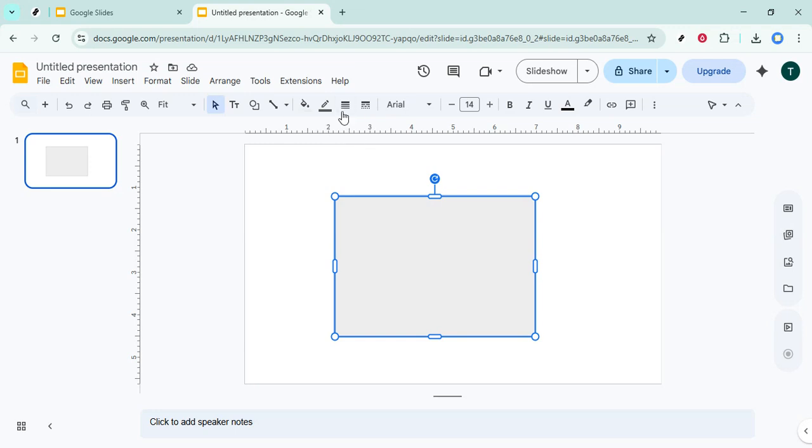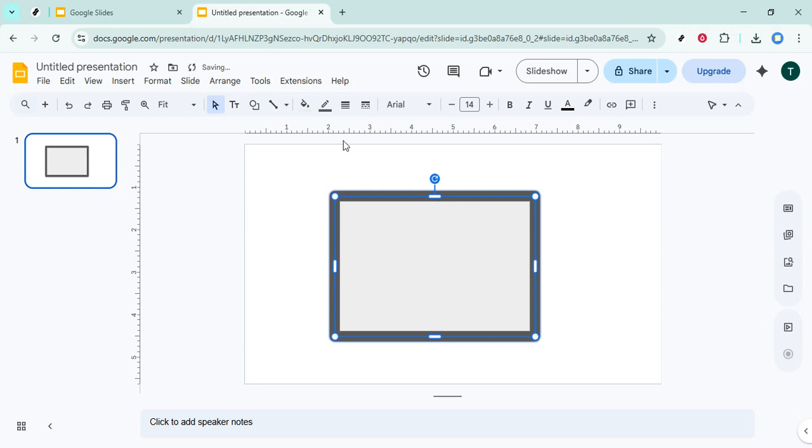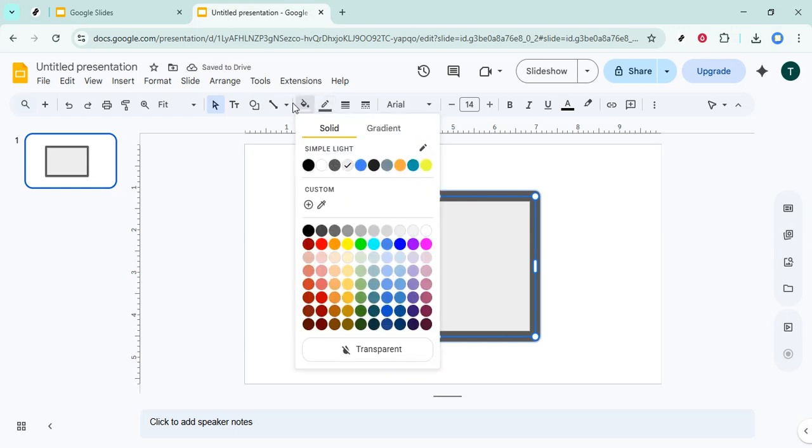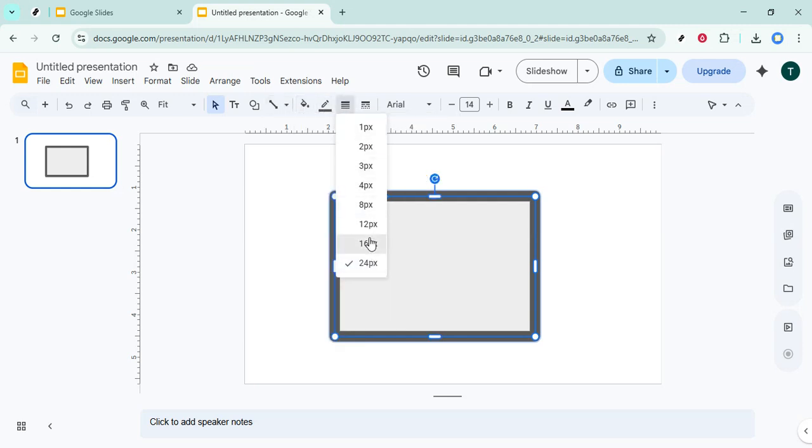With the rectangle in place, look back to the top toolbar and find Border Weight. This controls how thick the outline appears. Click Border Weight, then select a weight that matches your style from subtle and thin to bold and eye-catching. As you adjust, watch the rectangle update immediately so you can judge what looks best. If the line feels too heavy or too light, simply choose a different weight until the frame complements your content